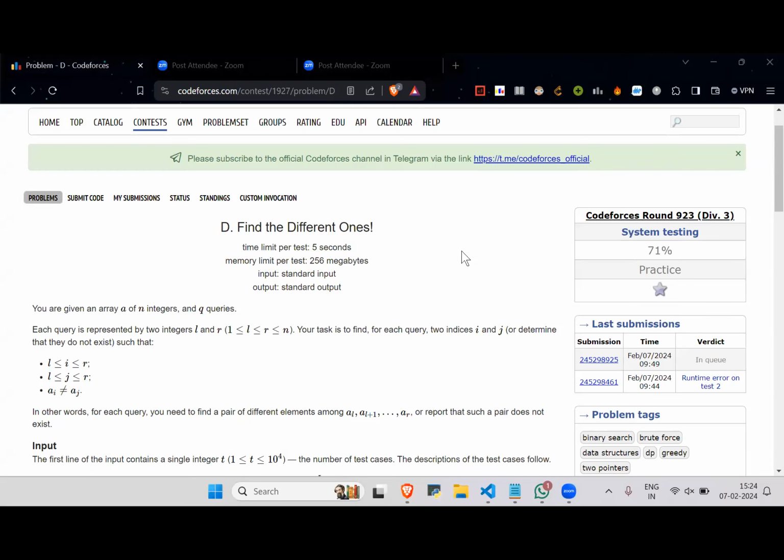The fourth question of CodeForces round 923 division 3 is find the different ones. In this question, you're given an array A of n integers and q queries. Each query is of the format L comma R. Now, what is asked in the query is that our task